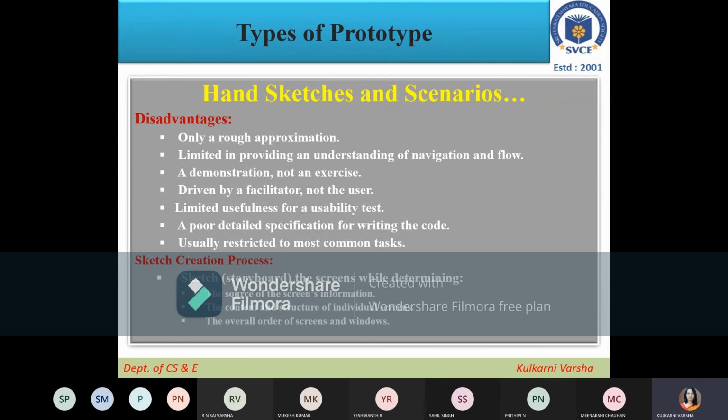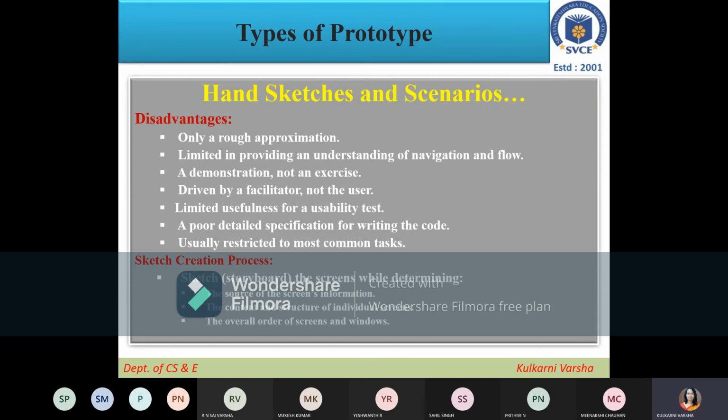Limited in providing an understanding of the navigation and flow. You cannot go in depth when you are going for hand sketching, right? It's just a demonstration, not an exercise, driven by a facilitator and not by the user. That's why I'm saying it's always better to involve the user. Limited usefulness for usability tests. Yes, because when we do a usability test, how will we come to know whether it is usable or not?